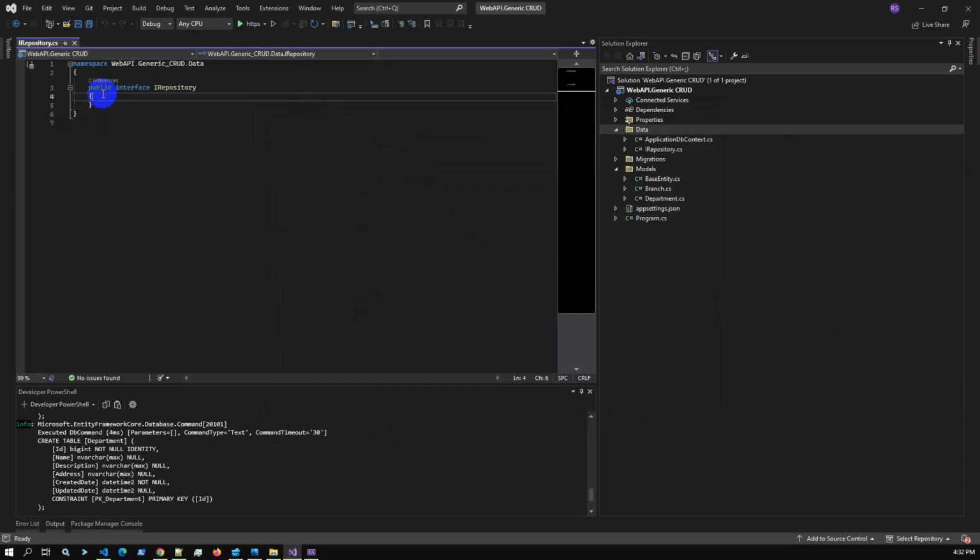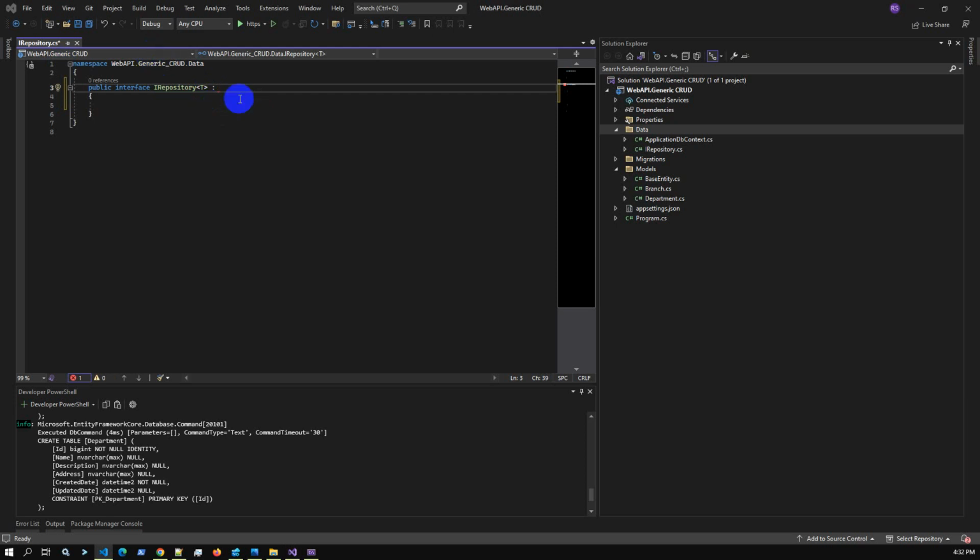The IRepository interface will have create, update, delete CRUD, and also the get and search functionality. For IRepository, we have to pass a generic type. We don't know the type now. Once we execute the project, then we can pass the type based on it,